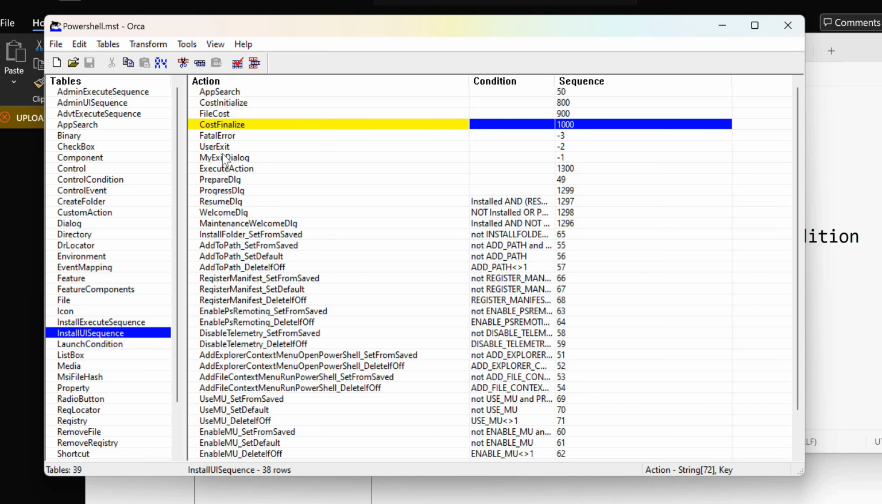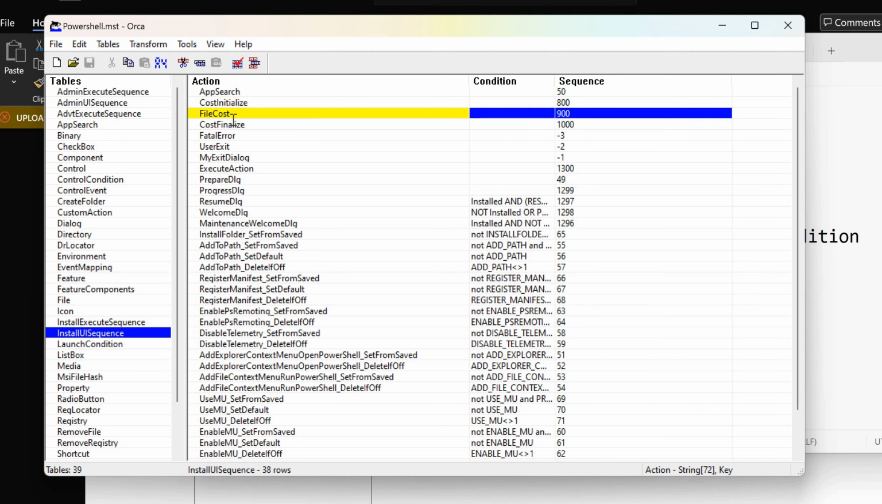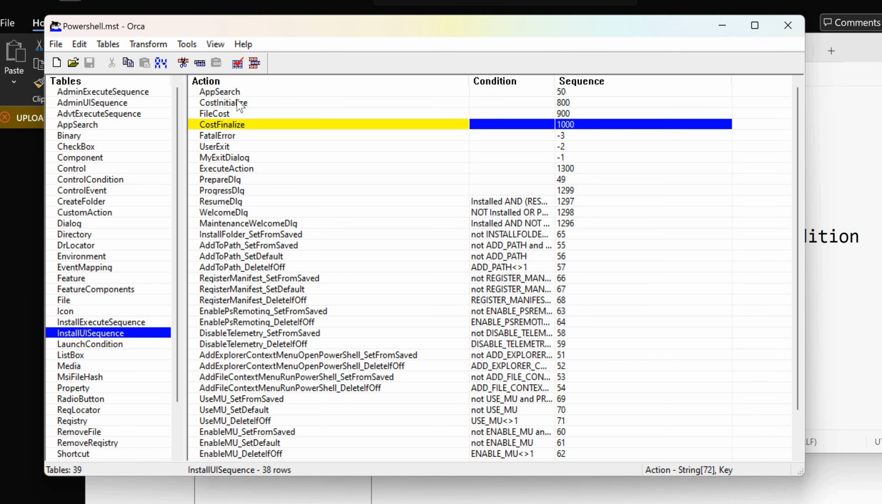Okay, so here comes the example of a standard action, like for file cost, or the cost initialize and cost finalize. You can explain in the same sequence. Okay,